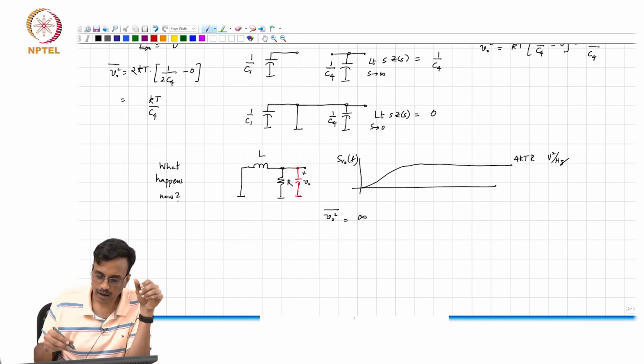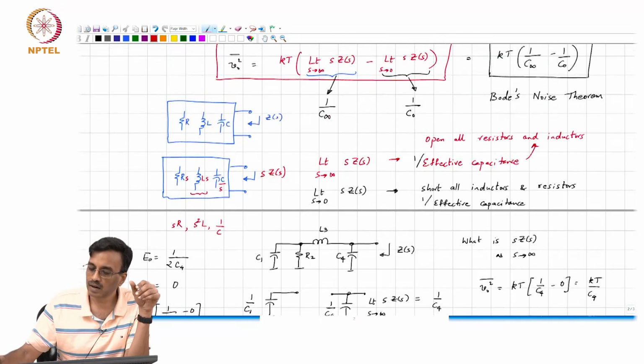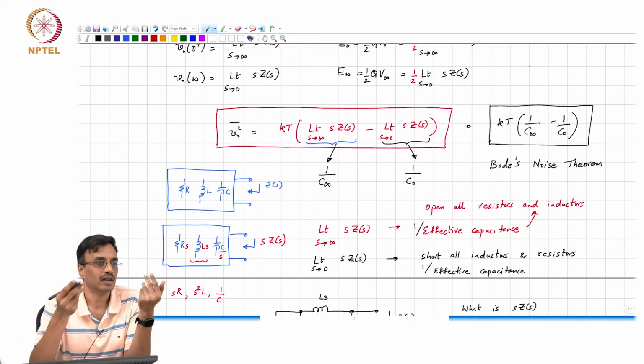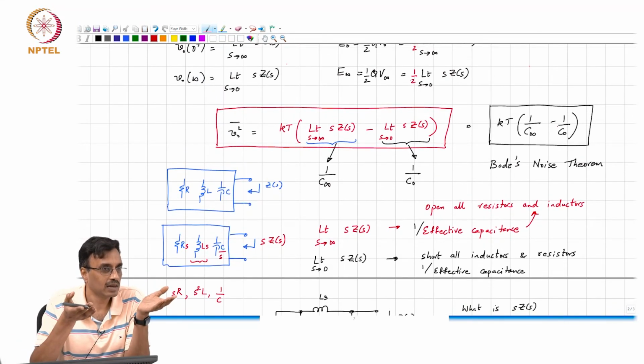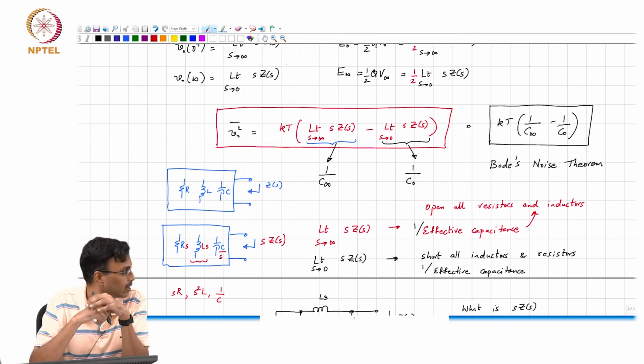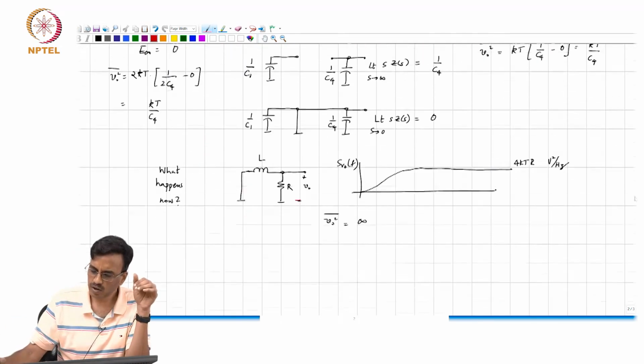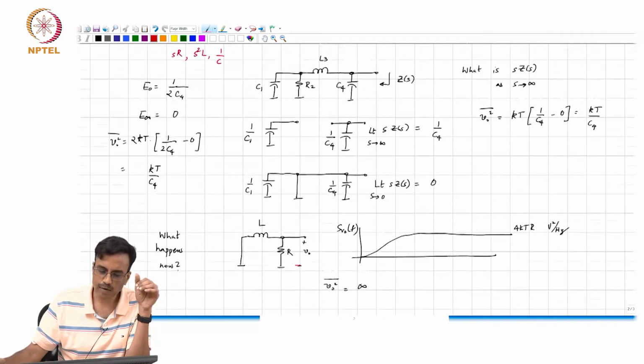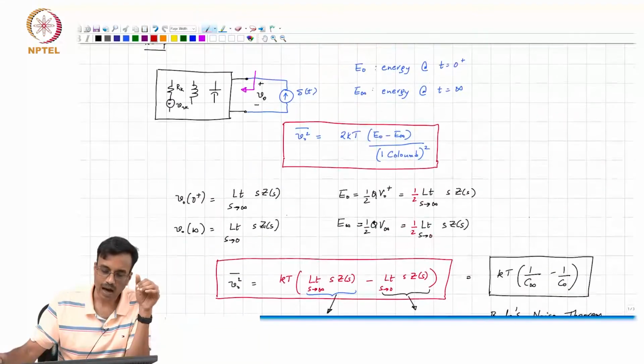Okay. And so in other words, this formula is only valid when the integral converges, which basically means in all practical networks this is valid. Likewise, it is straightforward to see that if you have networks with R, L and C,